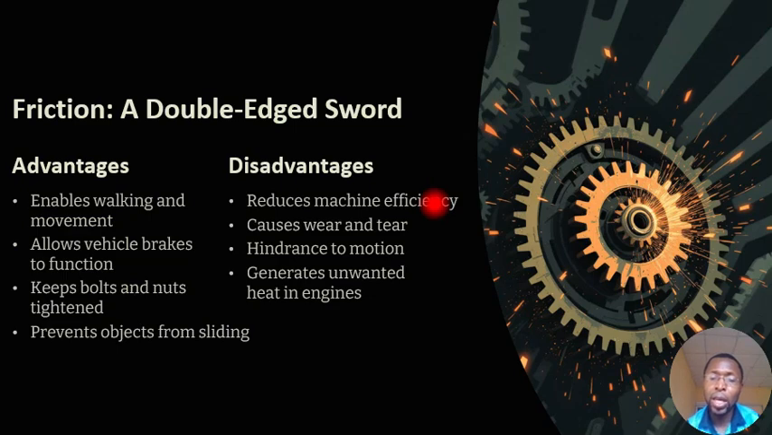Okay, it will reduce the effectiveness of that machine because as the machine is moving, the friction will be reducing the speed of the movement, because the essence of friction is to oppose motion. So it does not allow the machine to move at its own pace, thereby reducing its efficiency. Secondly, friction can also cause wearing and tearing